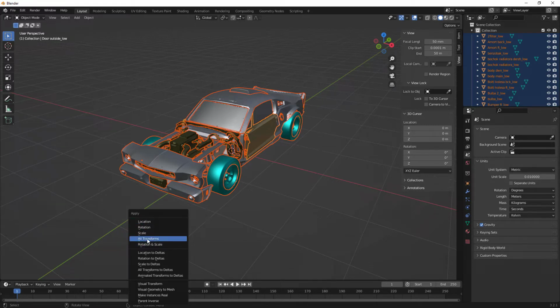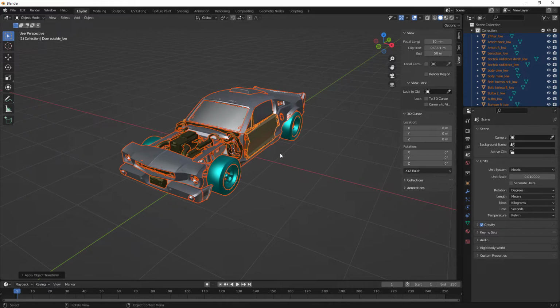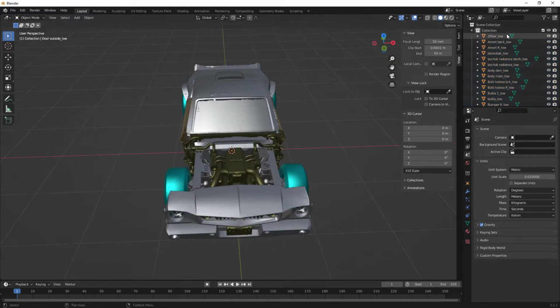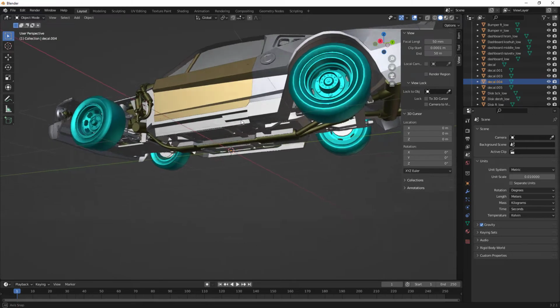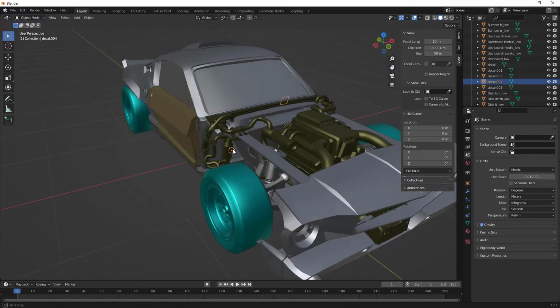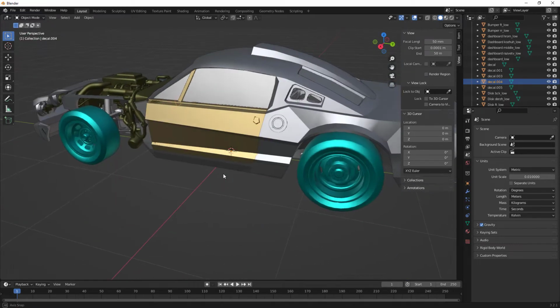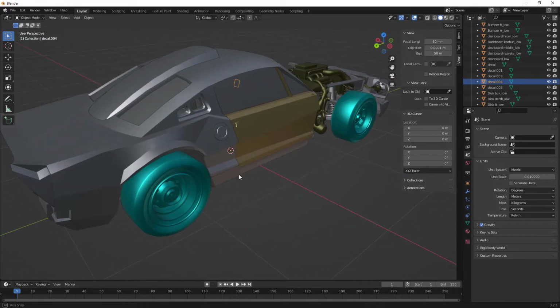You can apply all the transforms, and then it applies on the object. And then you can see there are many different layers, so we will have to merge them because every part is separated. It's a good thing, but